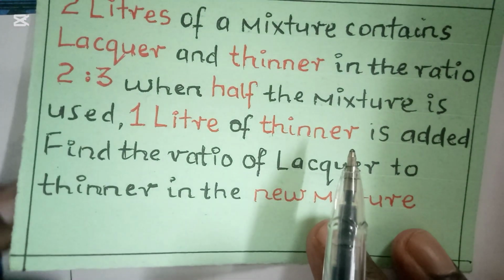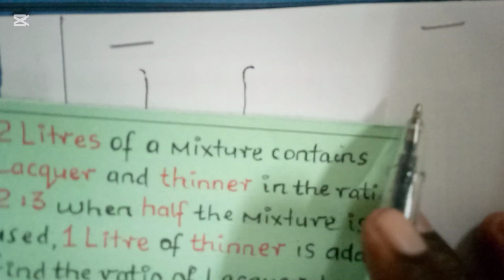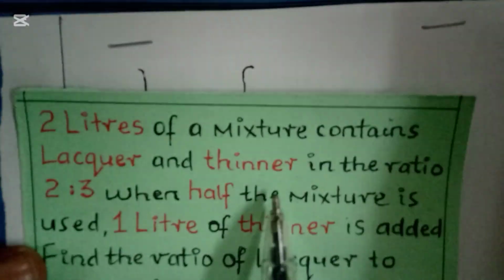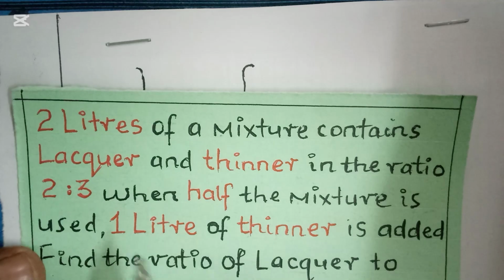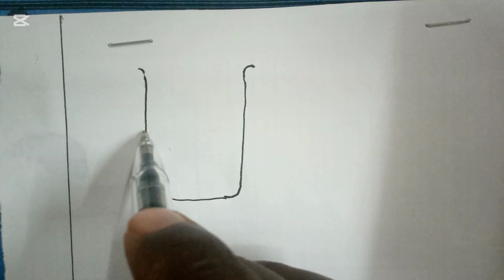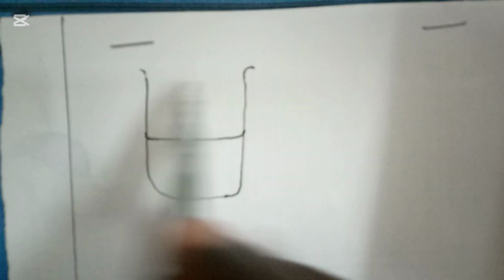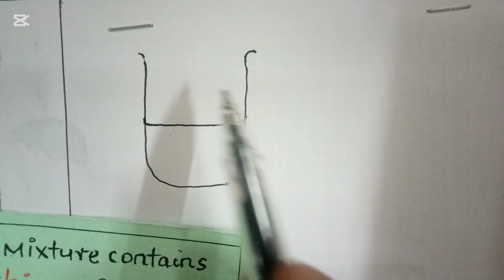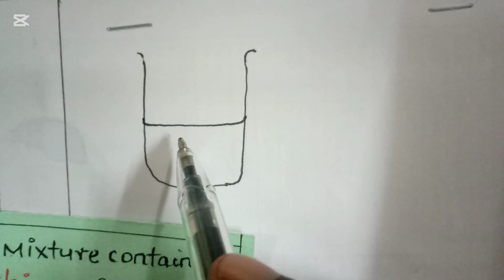So guys, we are going to do the diagram for that. We are told 2 liters of mixture contains liquor and thinner in the ratio 2:3. When half the mixture is used. So guys, let's start from when half of the mixture is used. Let's say the whole of this now represents 2 liters. But now guys, we are going to use half, and in this half, if we were to separate this,